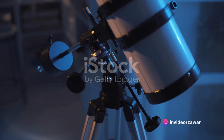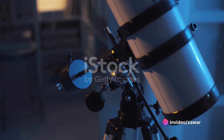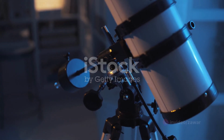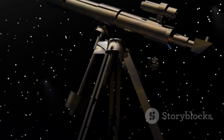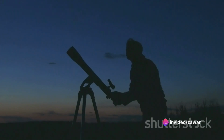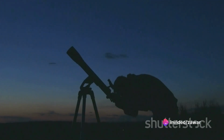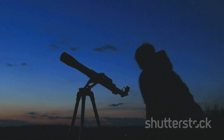Newton's work in optics went beyond just the nature of light. He also invented the reflecting telescope, a significant advancement over previous designs. Instead of using lenses, which can distort light and create blurry images, a reflecting telescope uses mirrors to collect and focus light. This invention allowed for clearer and more detailed observations of the heavens, further advancing our understanding of the